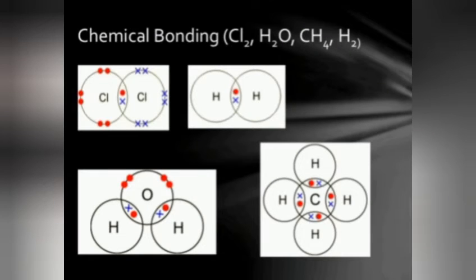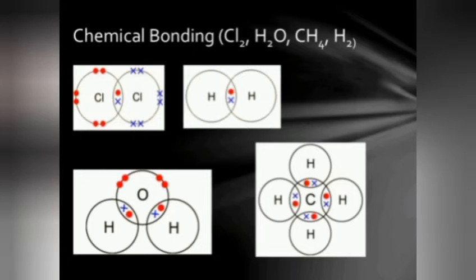So there are more examples of bonding in Cl2, H2O, CH4 and H2. In Cl2, chlorine has 17 electronic configuration and 7 electrons in the valence shell. The 2 chlorine atoms, one with red electron and second with blue, will share 1 electron to form a single bond. Similarly, hydrogen has 1 electron, shared with 1 electron to form a single bond. In water, oxygen has 6 and hydrogen 1. In water, 2 bonds will be formed.